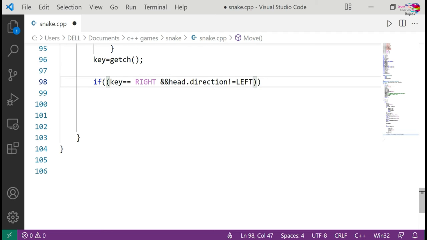Here I have to put multiple conditions, and the left and head dot direction